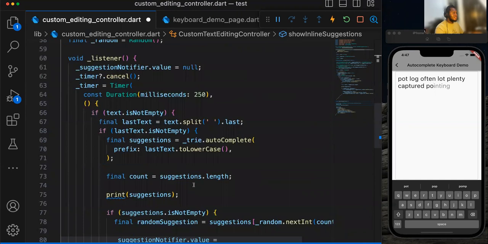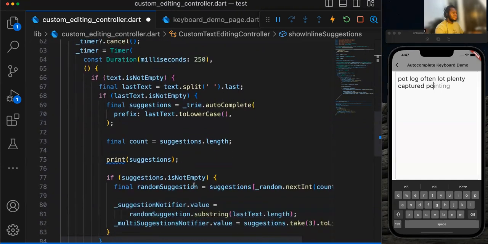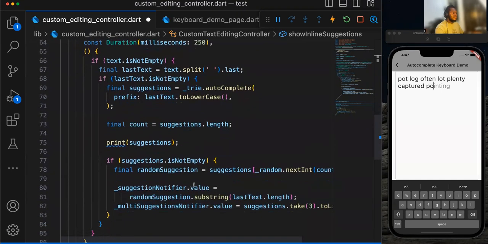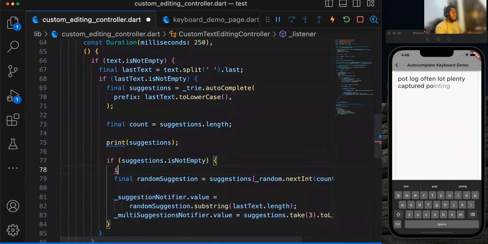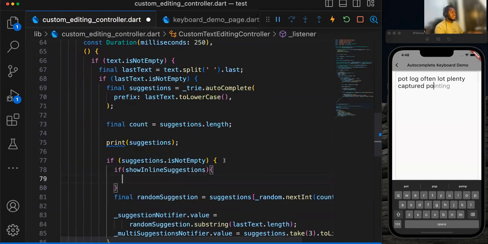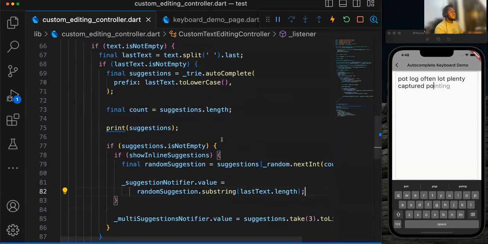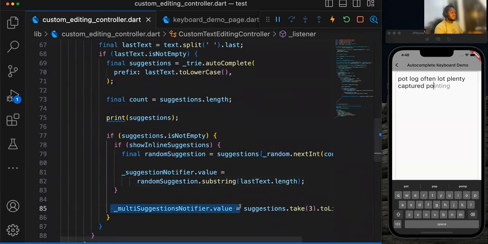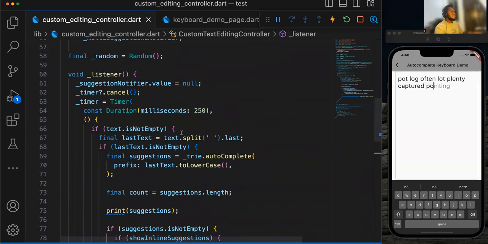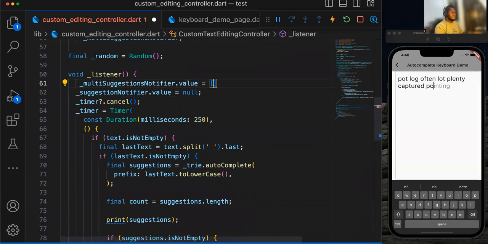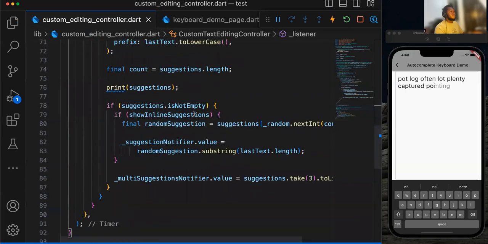And then inside of here, we check if we want to show inline suggestions before we do this. Okay, maybe we don't want to. Yeah. All right, so